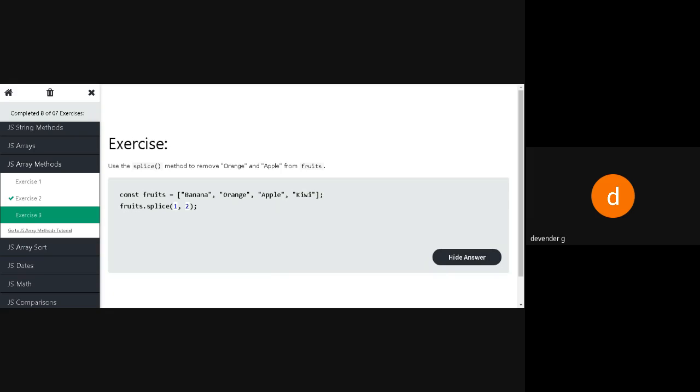Whichever element I want to remove, I will be using the method called splice. Slice is to cut it. For that also you have to give from where to where, the first number and the last number. You have to count each and every position, and give that position.